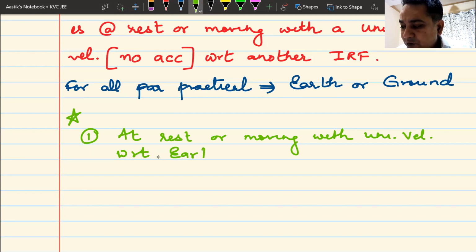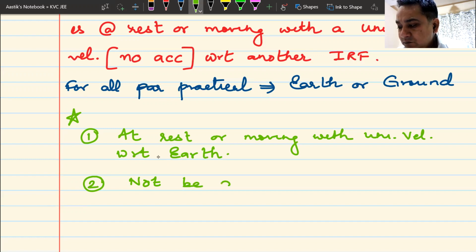Remember, here we have assumed that Earth is an inertial reference frame. Number two, it should not be accelerated. That means it must be at rest or moving with a constant velocity. The third point that you must remember is that Newton's laws of motion, NLM, are only valid